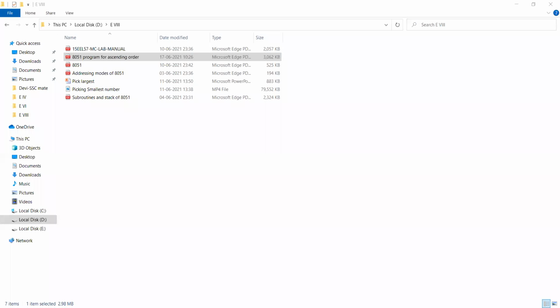From the first 2 numbers, you pick the larger one and keep it at the bottom. Then this obtained higher value and the next one you can compare. The larger value you keep at the higher memory location.